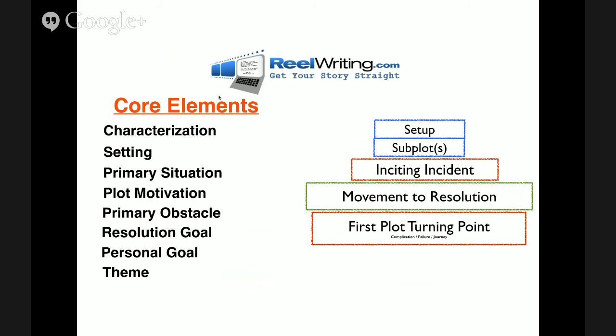Then there's the first turning point. These are other more advanced things that we discuss, and the thematic gap, which we go into more heavily in our lecture series. But you can see the building blocks of pretty much every movie. If you want, you can request a copy of this PowerPoint, or at least just that one sheet of the core elements, and take them around to every single movie that you know of.